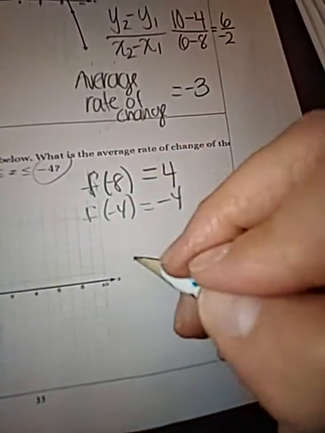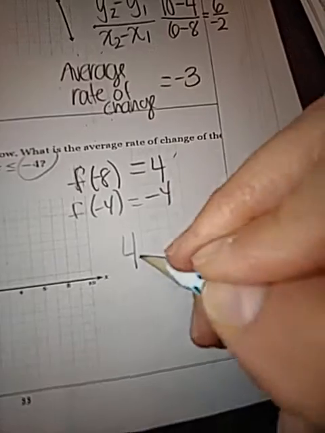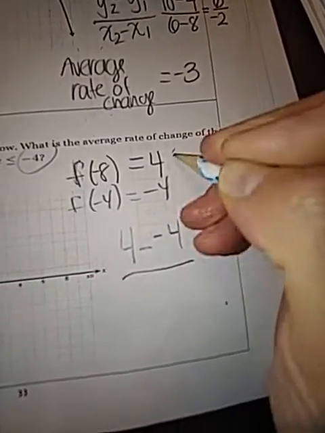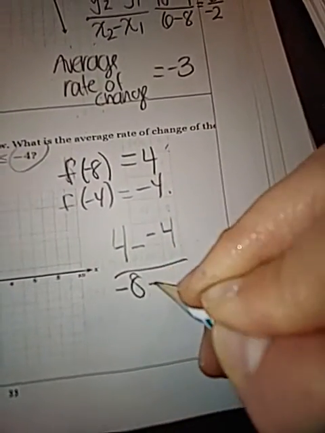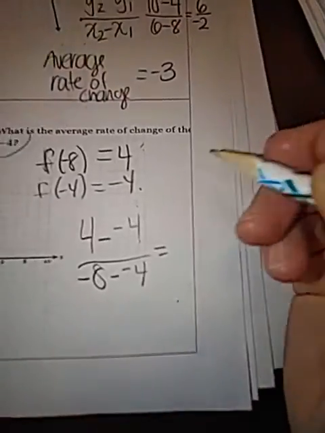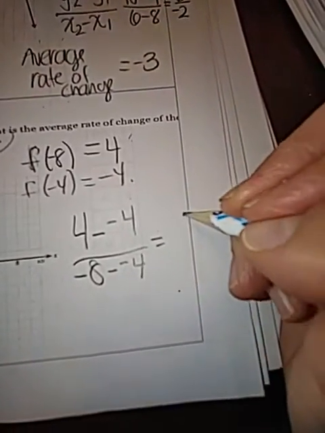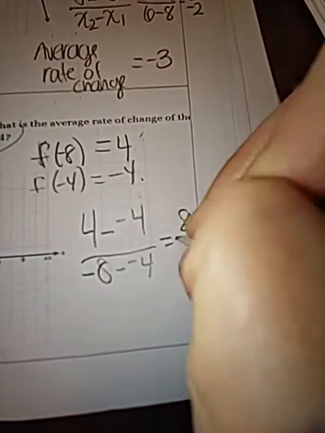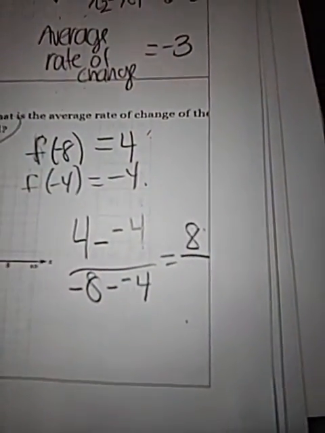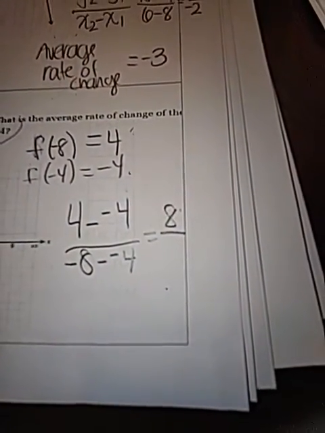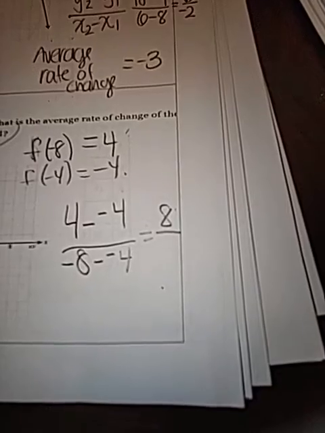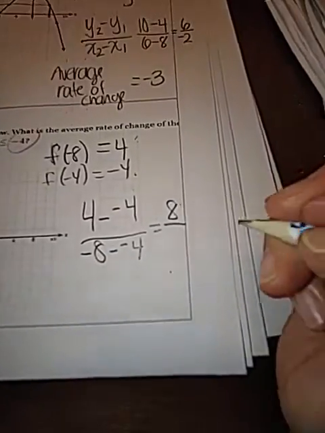All right, so 4 minus negative 4 over negative 8 minus negative 4. So we have 8 over, don't forget those doubling up of the negatives, negative 8 minus negative 4. So my answer is negative